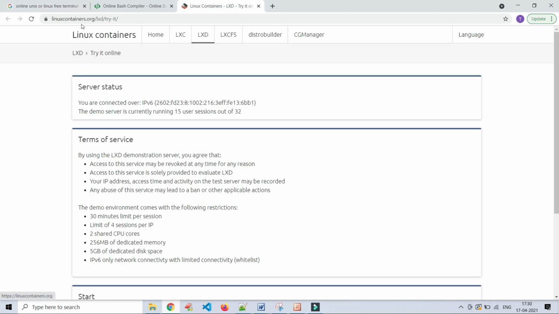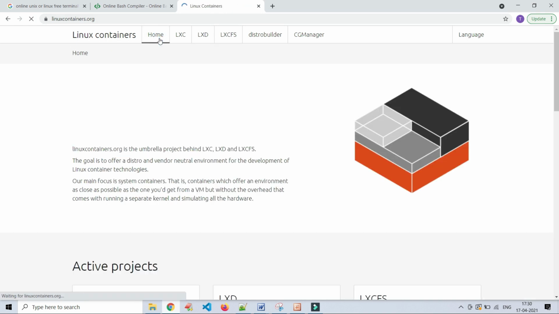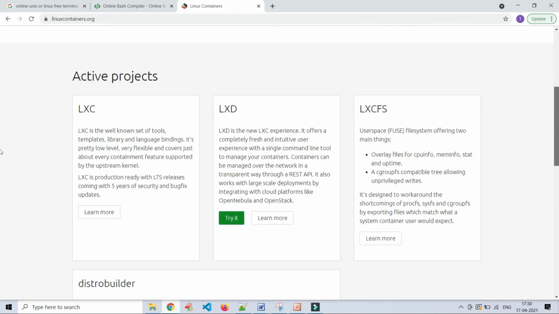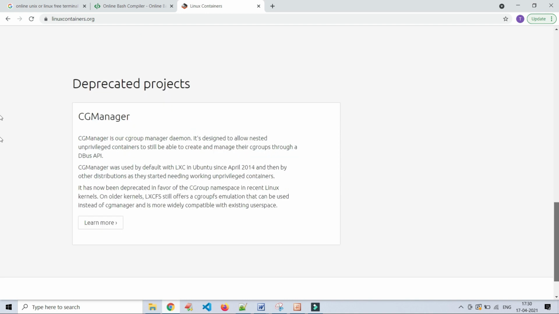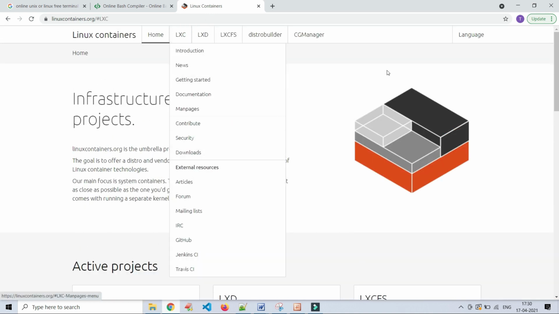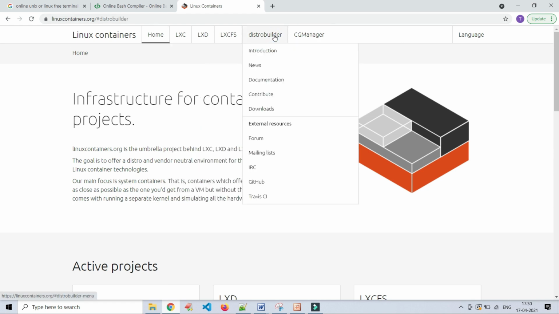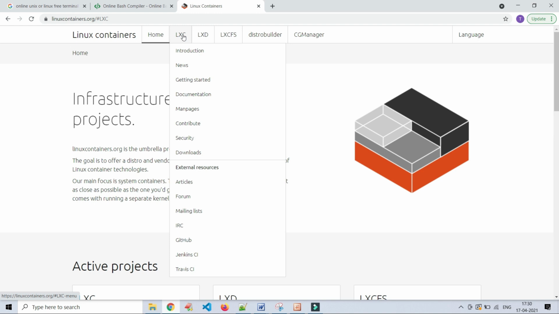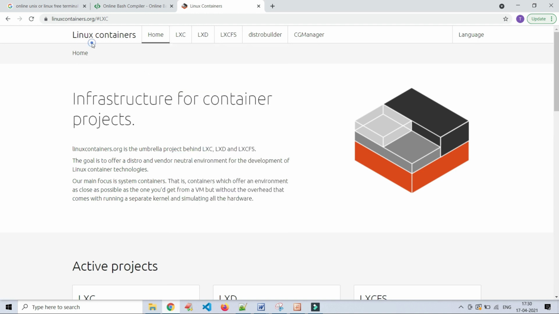This is linuxcontainers.org. Go to home. Let's see what they are saying. This seems not that user friendly, right? It is not that user friendly.